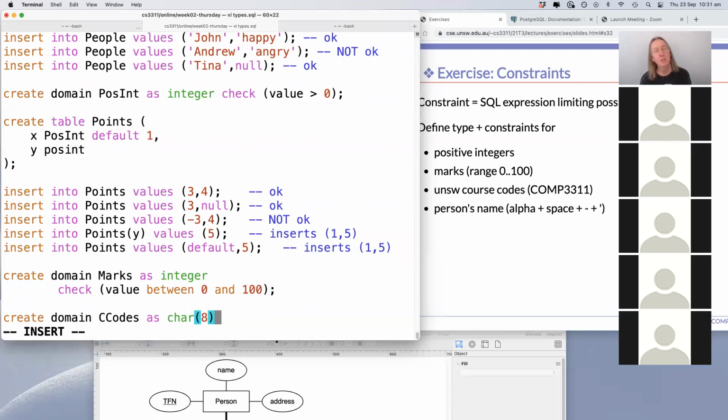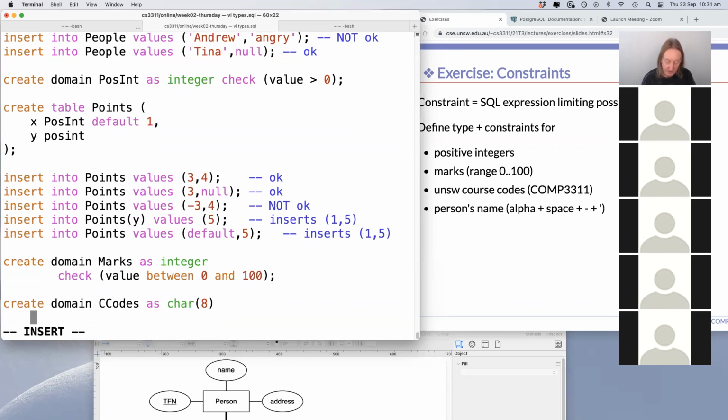One thing you could do, you could have a table of course codes and then relate the actual value to, ooh, or can you? What I was going to suggest was something like this. So if you did have a table of course codes, you could check